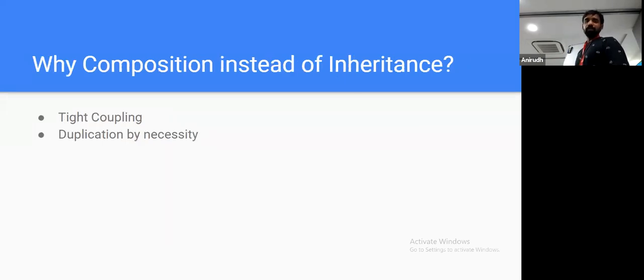So basically, we also have inheritance. Why would you use the composition pattern instead of inheritance? Because in inheritance we have tight coupling of data. The child class would have access to the parent data, and the child class can mutate the data of the parent class. If that mutation happens, other child classes would get impacted. And obviously there is duplication. For each new functionality, you would keep on inheriting new stuff, and you would just again build a mess around it.